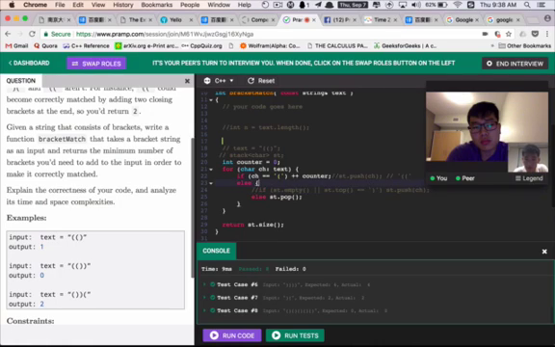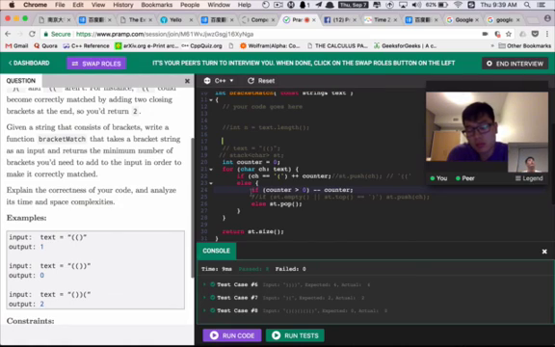If it's a closing bracket and the counter is greater than 0, then we decrease the counter by 1. Otherwise, we